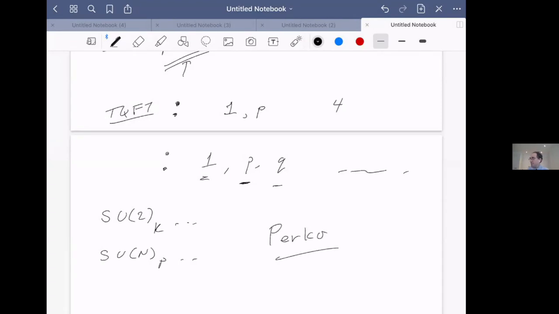P-E-R-K-O, who just liked playing with string, and made copies of all the knots on Tait's table. He found 2 of them listed with some number of crossings, and he found that he could deform one of them into the other. And he said, aha, there's a mistake on the Tait table. And so now they're called the Perko pair of knots after him. Okay. So, thanks a lot, Steve.